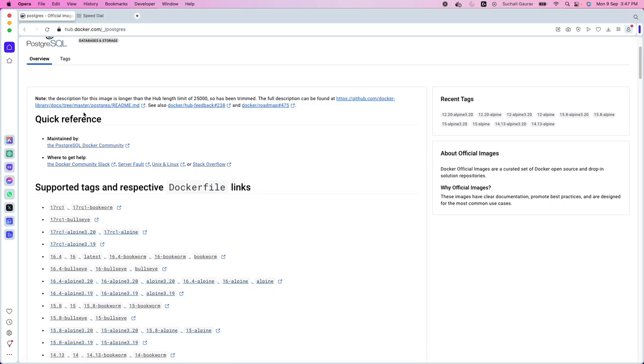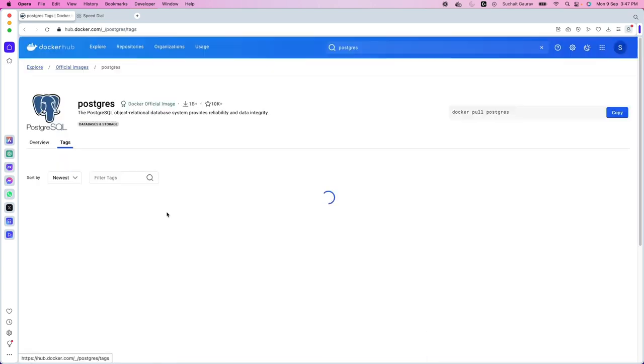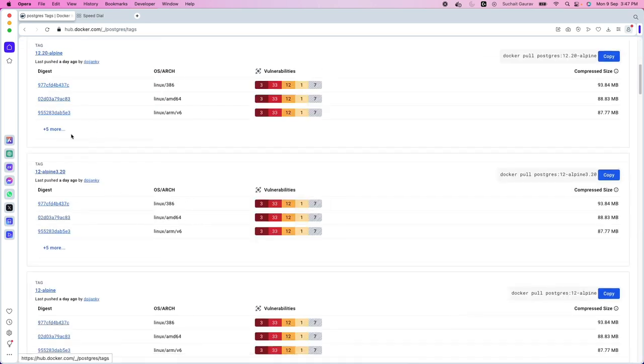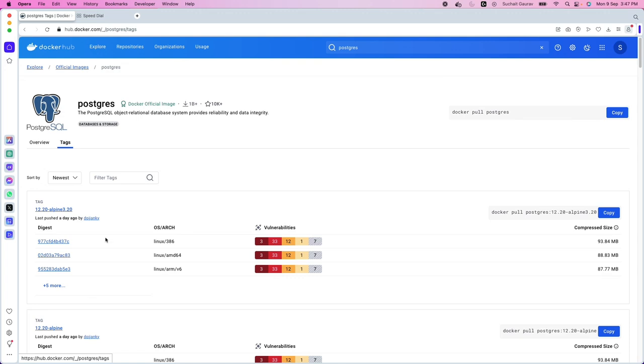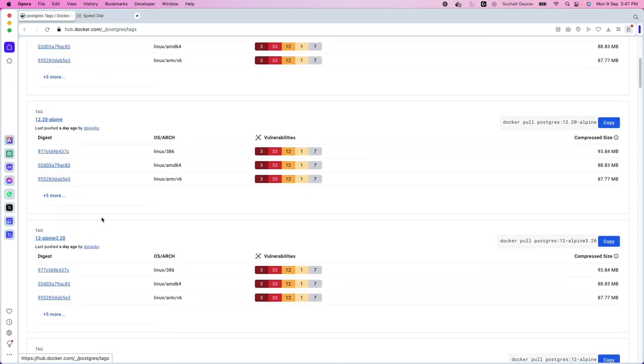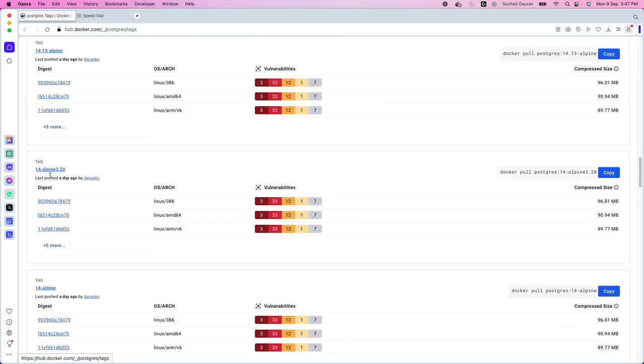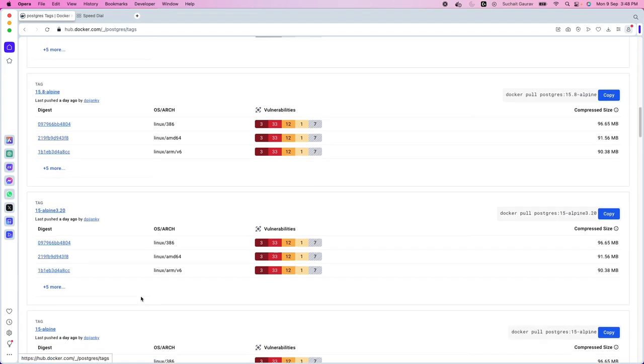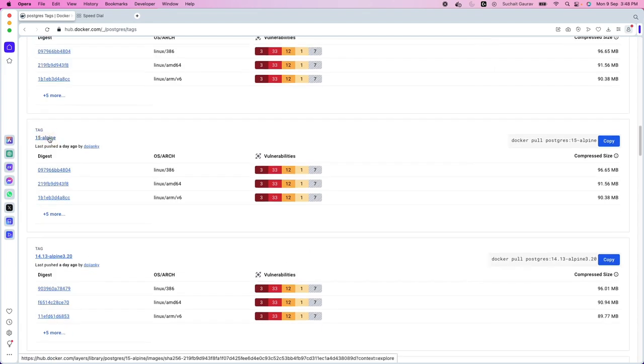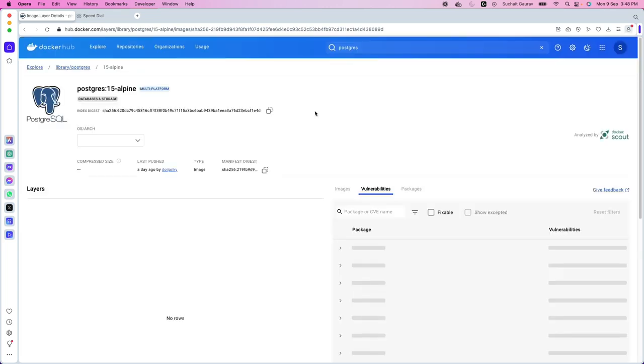Then here you will see a lot of tags, right? These tags vary in terms of the total memory they take and the dependencies Postgres relies on. Based on your requirement, you can pick one. For example, I can use this 14 Alpine version, right? Whatever. The point is, if I click on 15 Alpine, for example,